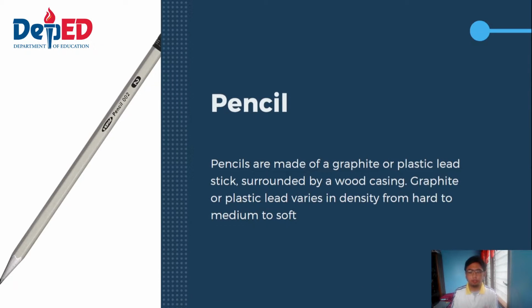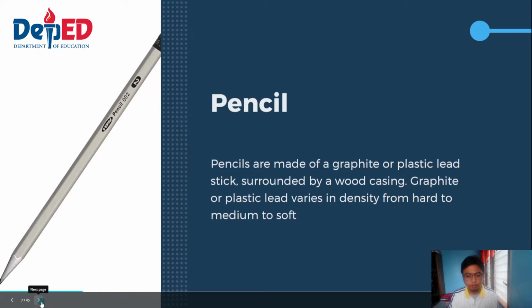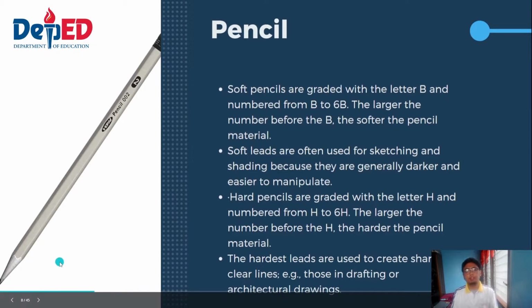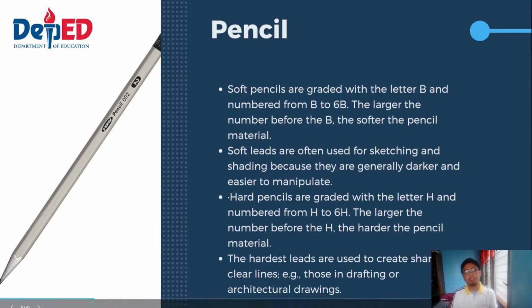So you're all familiar with pencils. Pencils are made of graphite or plastic lead sticks surrounded by a wood casing. Graphite or plastic lead varies in density from hard to medium to soft. So talk about that concept, from hard, medium to soft. Different pencils, like soft pencils and hard pencils, have different